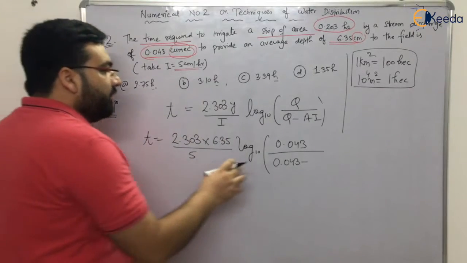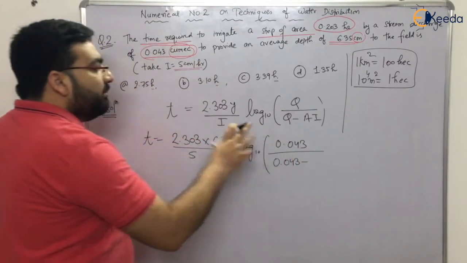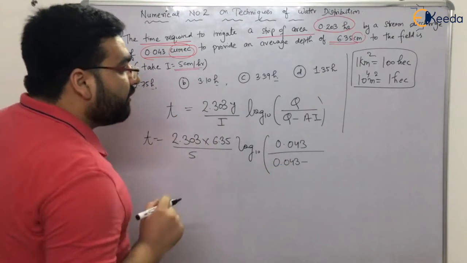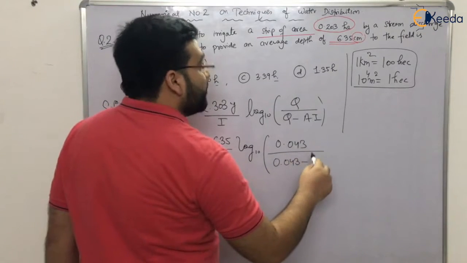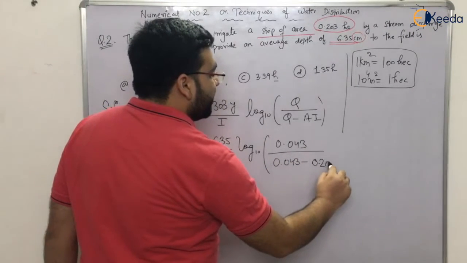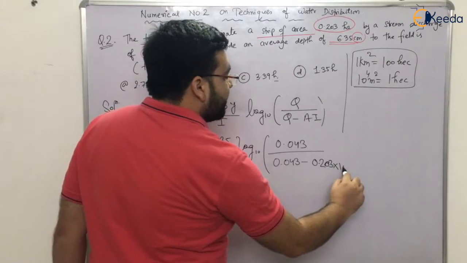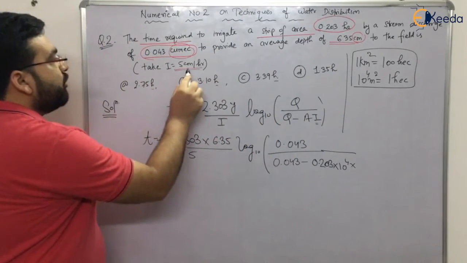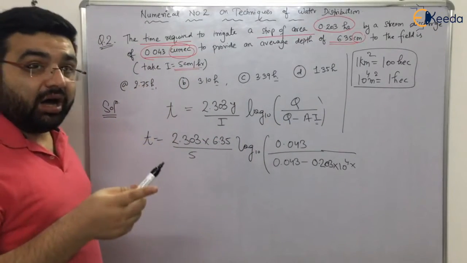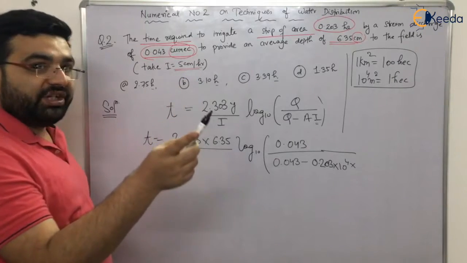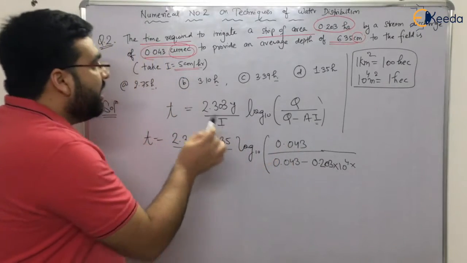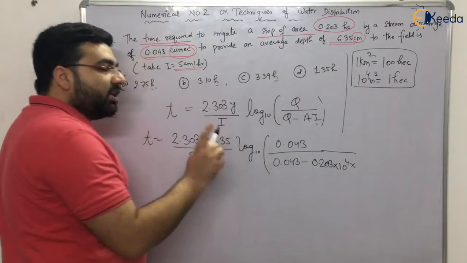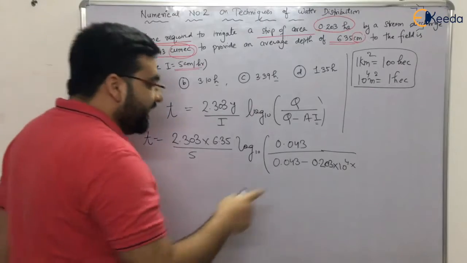So we have to get the units of area in meter square. Why? Because this is cumec, and cumec means meter cube per second, so the unit of length is meters. So the area will be 0.203 into 10 raised to the power 4 meter square, multiplied by I. I is 5 centimeter per hour. So we have to convert centimeter into meter, and hour into seconds, because here it is cumec, meter cube per second.